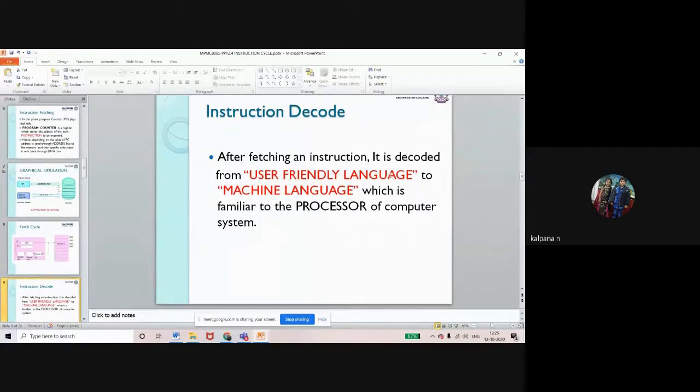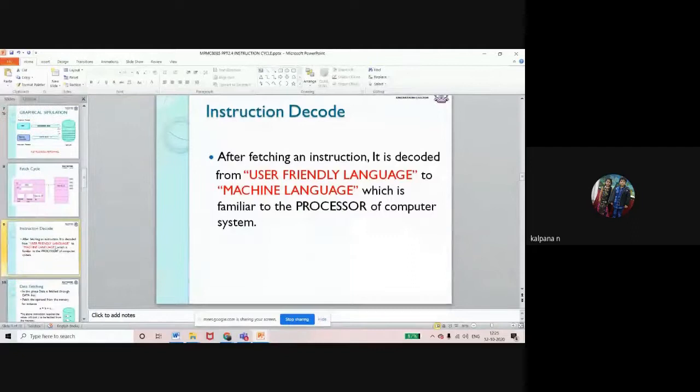We need to convert the assembly language program into a machine language program. So the processor will decode the instruction. The process of converting assembly language into machine language is called decoding.